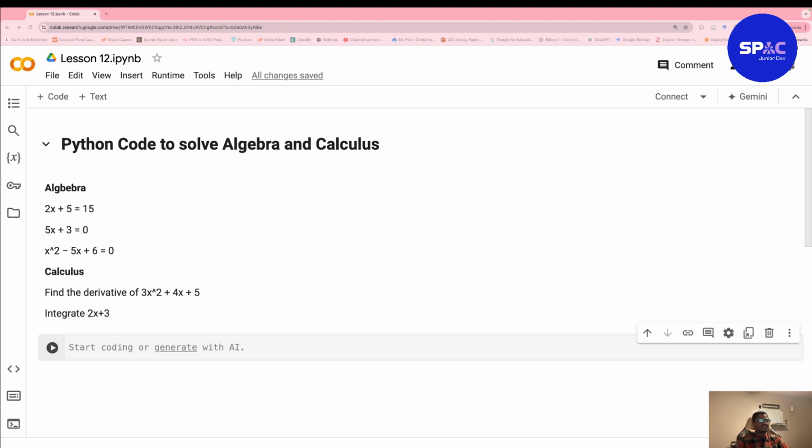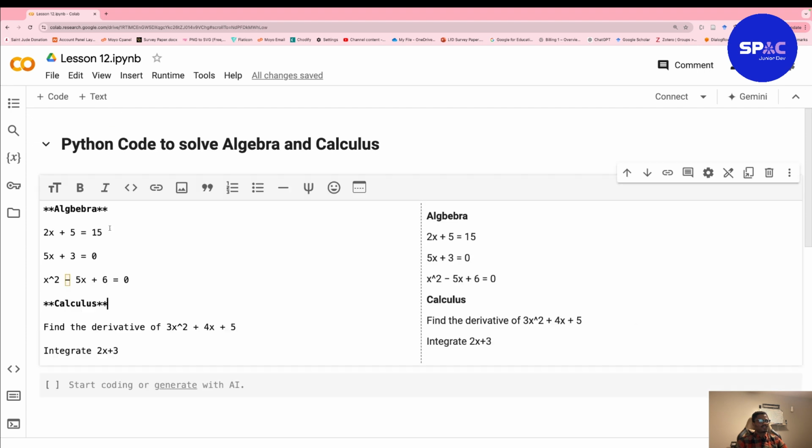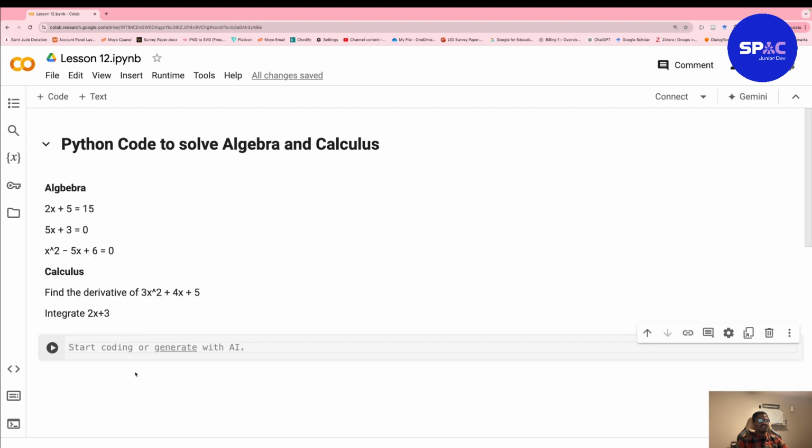So let's get started. You don't need to write all of this, but if you want to, you can. I use text to write all of this. If you look at it, so text, you can just do it this way. But to write the real code,